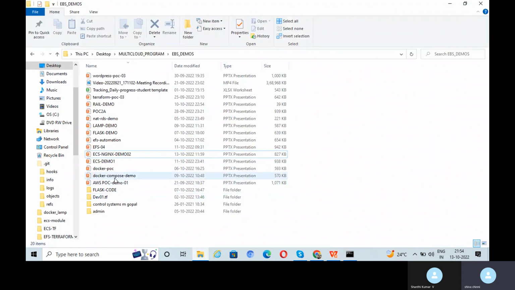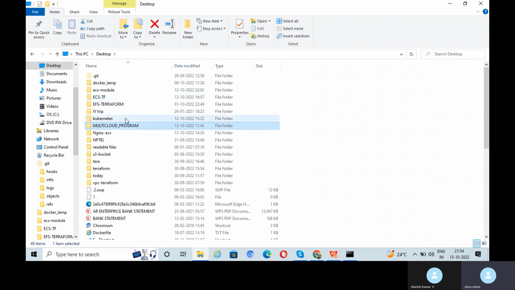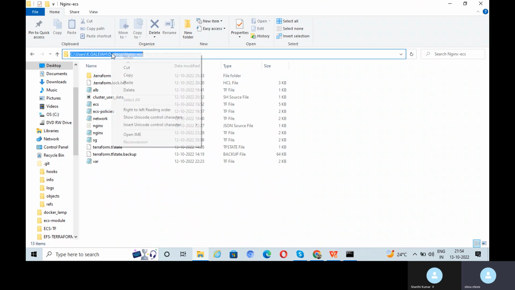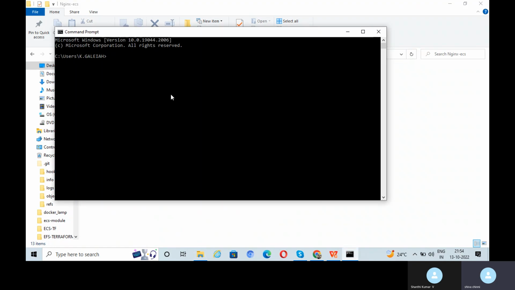So I have created one folder, and this is my folder, NGINX ECS. So I just took this path, where you have configured all your files. Here you need to change the directory to your current path, and then